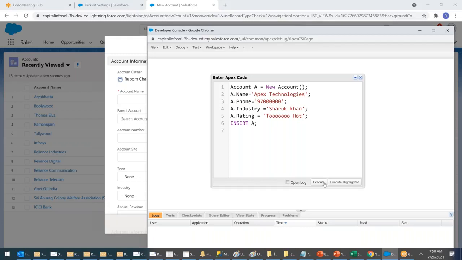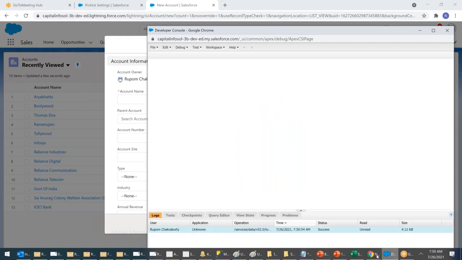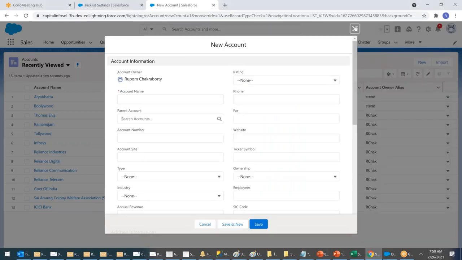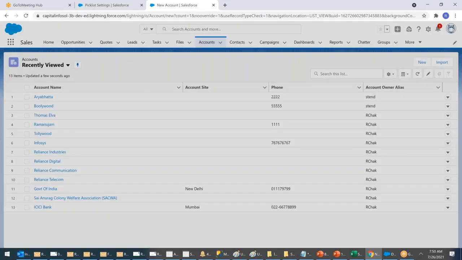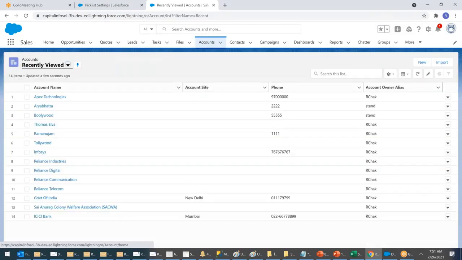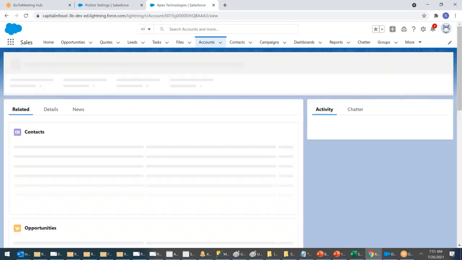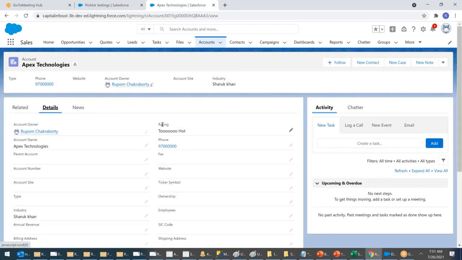I run this. Don't worry if you don't understand, no issues. I click on execute. Next time when you come to Salesforce, you would be able to see an account called Apex Technologies. See, from where it got created: through programming. Phone number is 9700. When I open it, you'll be able to see rating equals too hot, industry equals Shah Rukh Khan. See,